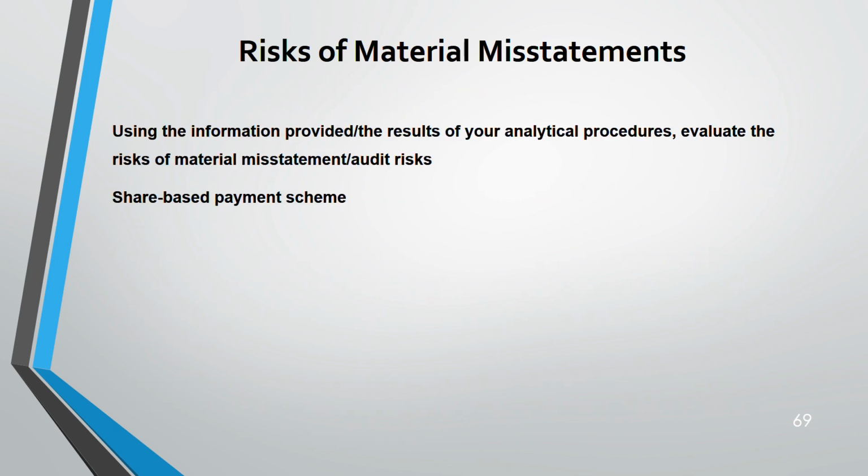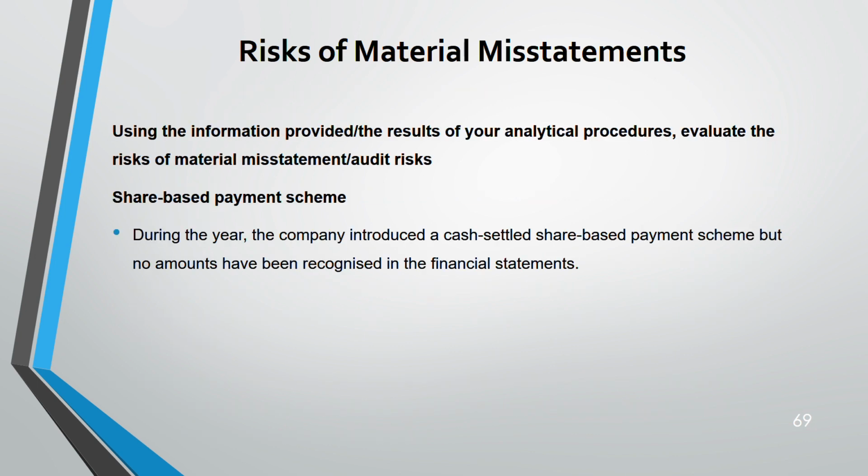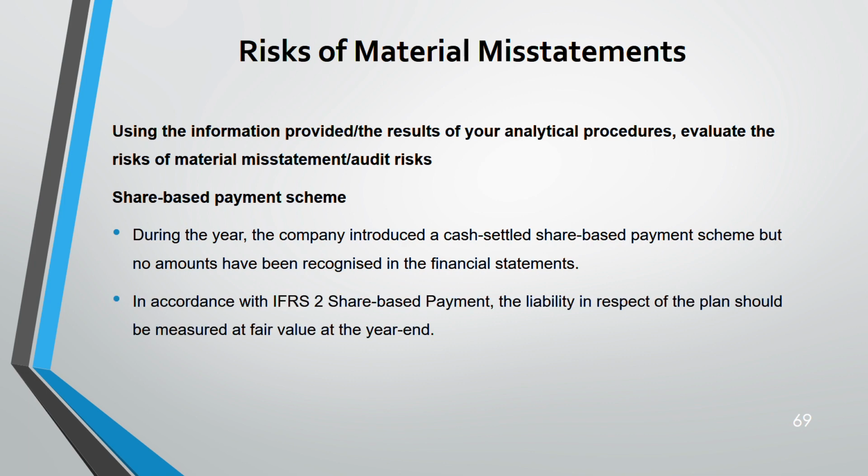Third is share-based payment. Under share-based payment, let's identify the risk. Risk area is, okay, the company introduced a cash settled share-based payment. Remember, it could be either equity settled or cash settled. Again, you need to go back to my IFRS 2 lecture in SBR and watch this. If it's cash settled, and let's say no amount has been recognized in the financial statements, it's a risk. Second, which standard? IFRS 2 says because it's cash settled, you recognize a liability and an expense. So the liability, let's say, has to be recognized at fair value. This is according to IFRS 2.